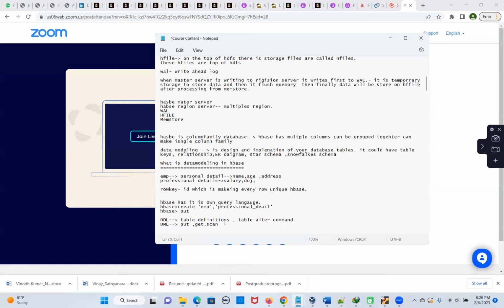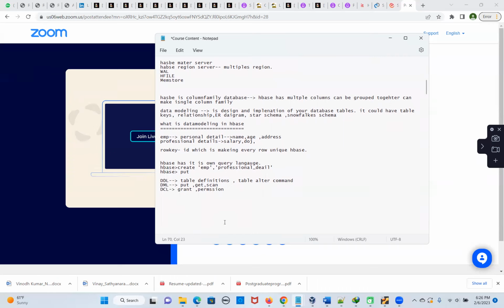Permission commands come under DCL, data control language. There are grant permission commands. These commands are used for giving permission on the table. I don't want to allow everybody to